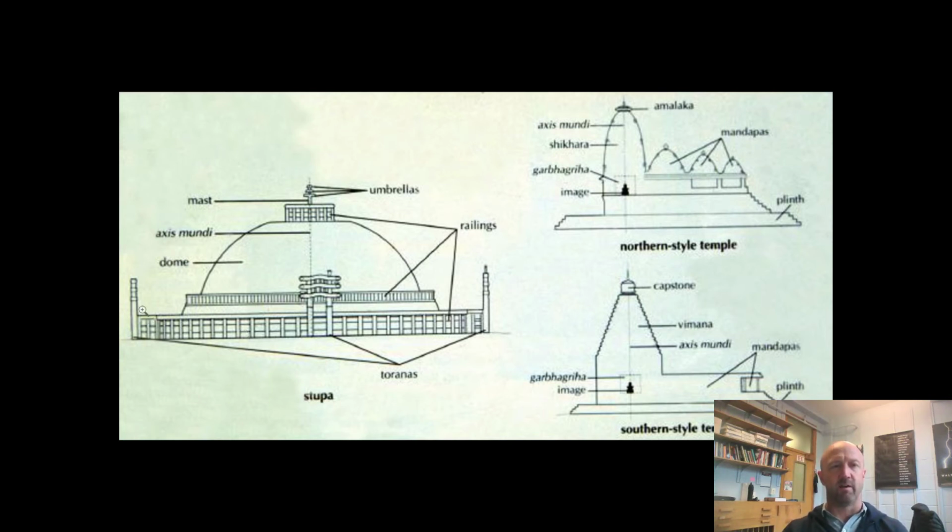Around the outside are four gates known as toranas, and the four gates are aligned with the four cardinal directions, and usually these gates are very richly decorated, either with passages that talk about the speakings of Buddha or other passages of Dharma. Sometimes they're decorated simply with the life of Buddha, as you'll see in your textbook, and of course they come in threes more often than not to represent those three jewels of Buddhism.